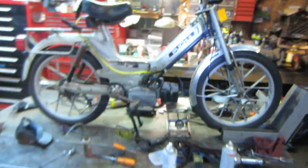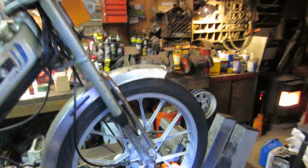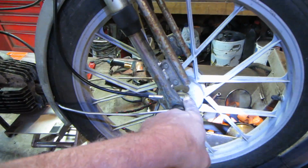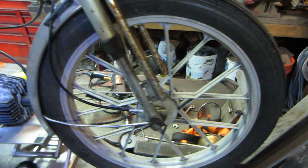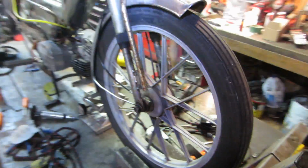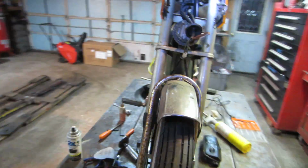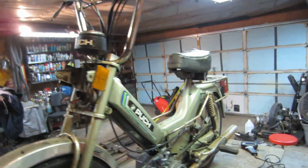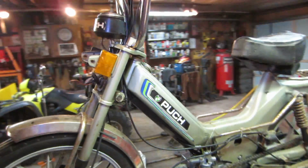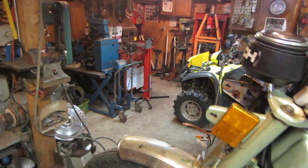As I said, the speedo's put back together. There was a broken part down inside here too, so I had to go and pick the little stem of the broken cable out of there. And everything's put back together on that guy. The only problem is, see if I can get up there now that I use my stool as a paint jobber, is that when you spin it,